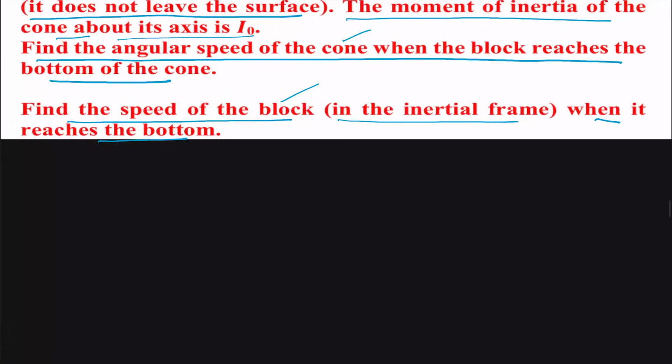So we can just draw an approximate figure for the given question, and it is given that we have a cone. So let us draw a cone, and this cone has a slot. Okay, so let us draw the slot somewhere here. Okay, and in this slot, this